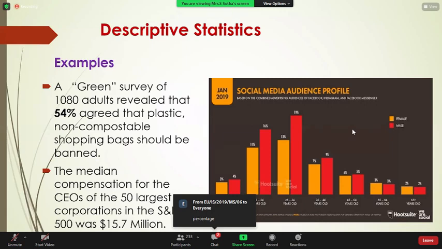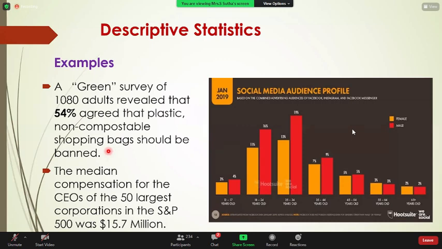Very good. Percentage, right? Percentage is used to describe the data. So now you look at this example. A survey of 1,080 adults revealed that 54% agreed that plastic non-compostable shopping bags should be banned. Right? So here, if you are looking at how many adults we surveyed,